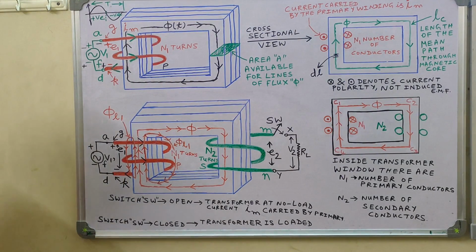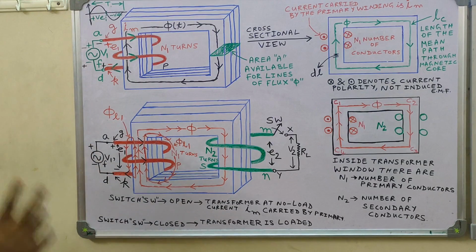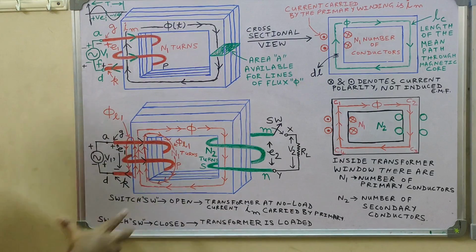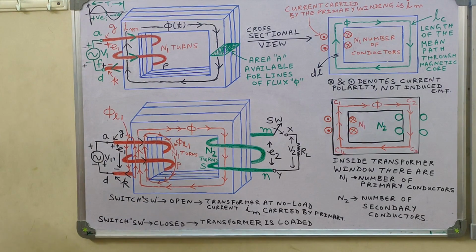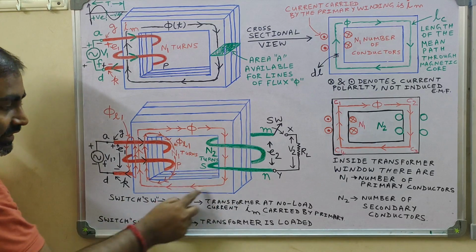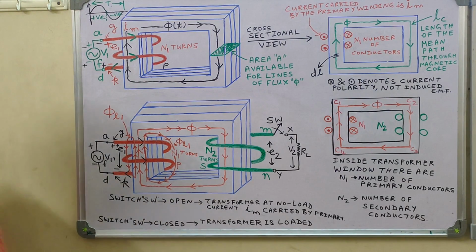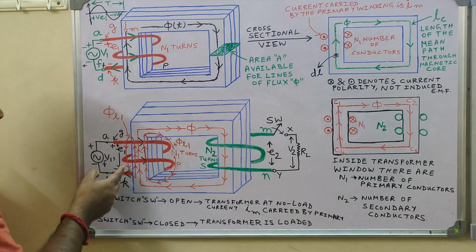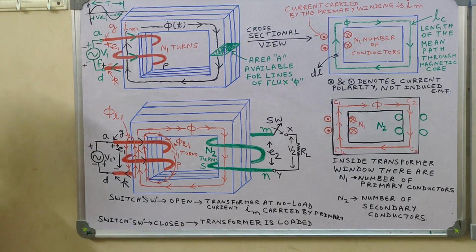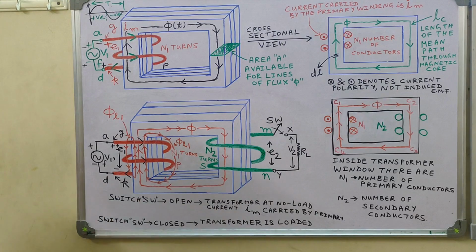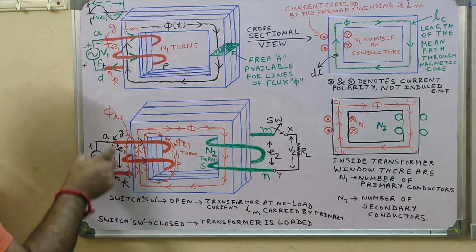Now this establishment of alternating magnetic flux in the transformer core is the very integral part of transformer action, because if this flux through the transformer magnetic core is alternating or sinusoidal in nature, then you can expect that an EMF will be induced across the secondary coil as well as across the primary coil. Let's say E2 is the EMF induced in the secondary coil and E1 is the EMF induced in the primary coil.